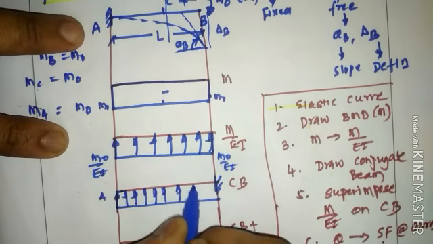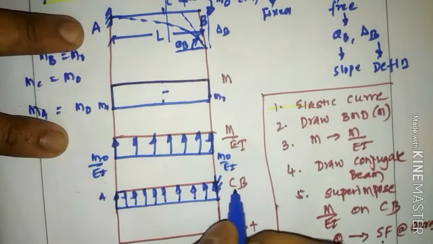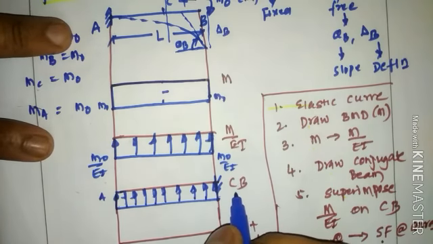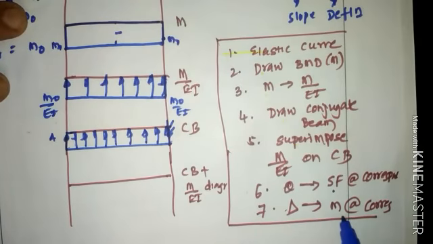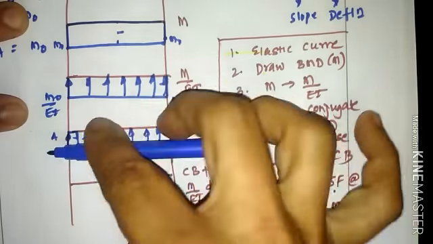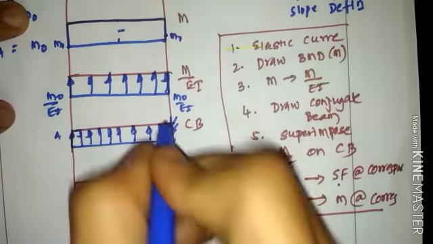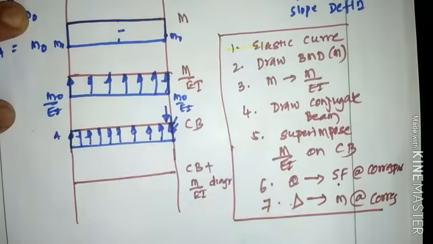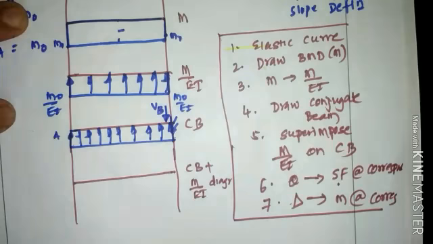And for this particular loading, we are supposed to find out the reaction component at B. Reaction component means we are going to find out the shear force and moment at B. To find out the shear force now, as the loading is upward, the beam will constantly move in the upward direction. So the reaction has to be in the downward direction. If the reaction is in the downward direction, I call it VB.